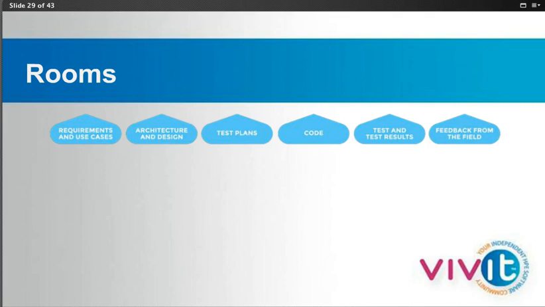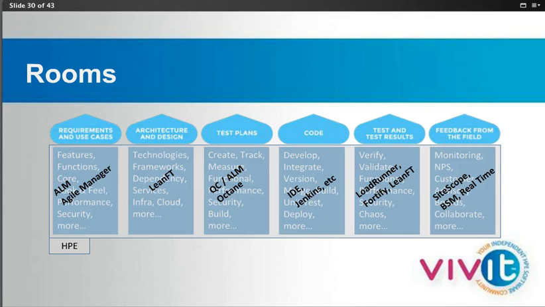So again, I know that all of us can get excited and argue bits and bytes, but let's just think about this. There are requirements, architecture design, test plans, code, test and test results, and then some feedback from the field. So we can map a lot of these to different phases through whatever life cycle you're following. As we move a little bit further down the stack,